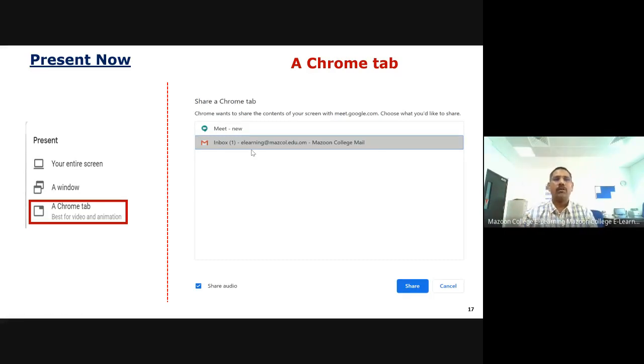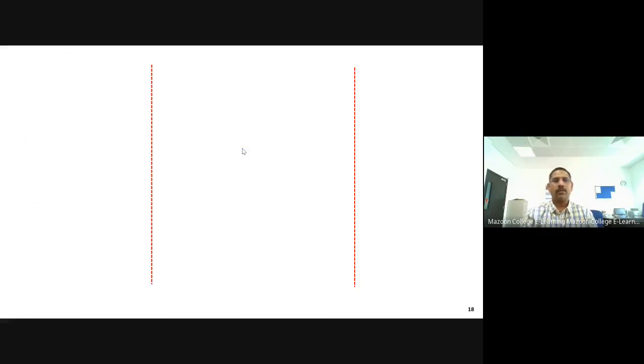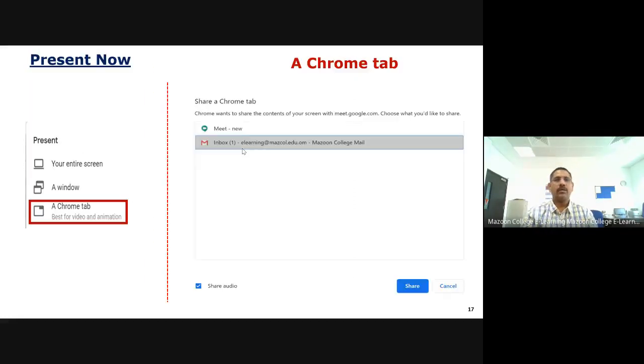Now I want to show my email to my students. Say one student is telling that now I sent the email, we can show the proof. Open it, we can show this one. Otherwise, anything you want to show your participants from your email, you can show it. Just now I've chosen that inbox. Once I choose the inbox, it will show only that inbox, and the complete operations you are doing in your email will be displayed to them. So these are the Present now operations.